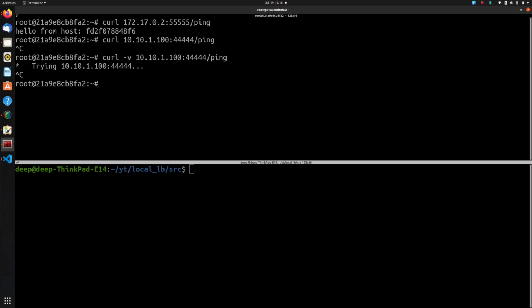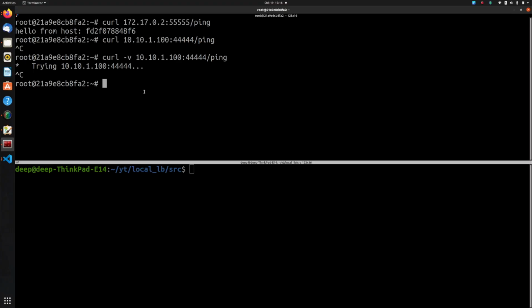Let's now try to add our iptables rule, which will proxy it to one of the upstream hosts, not yet load balance right now, but just proxy it. Before that, if you are trying it out on your local machine, or say a virtual machine, rather than a container, you need to make sure that IPv4 forwarding is switched on. Otherwise it might not be able to forward packets.